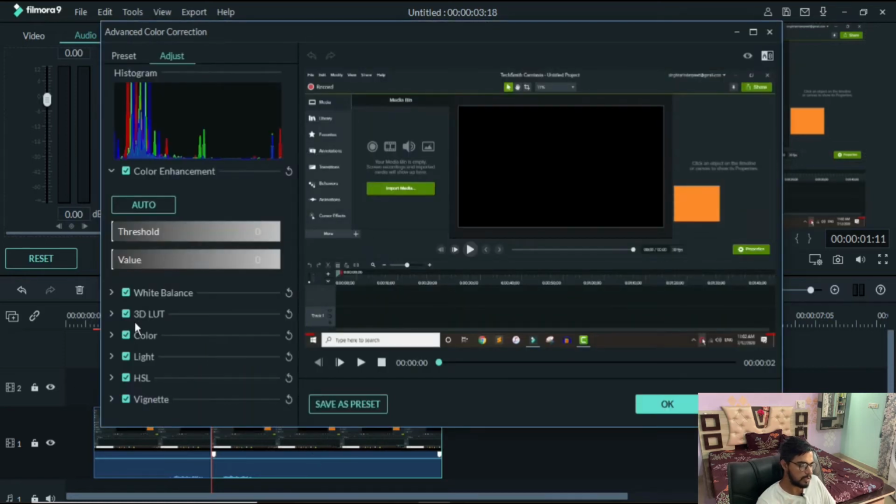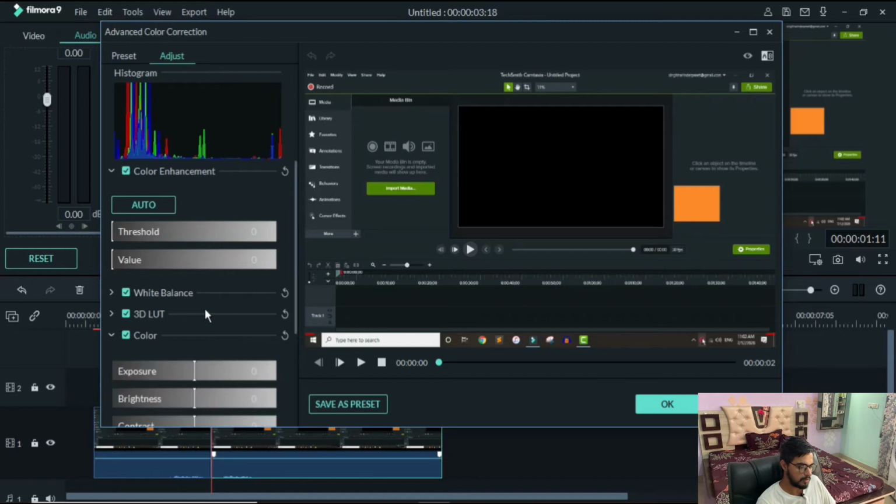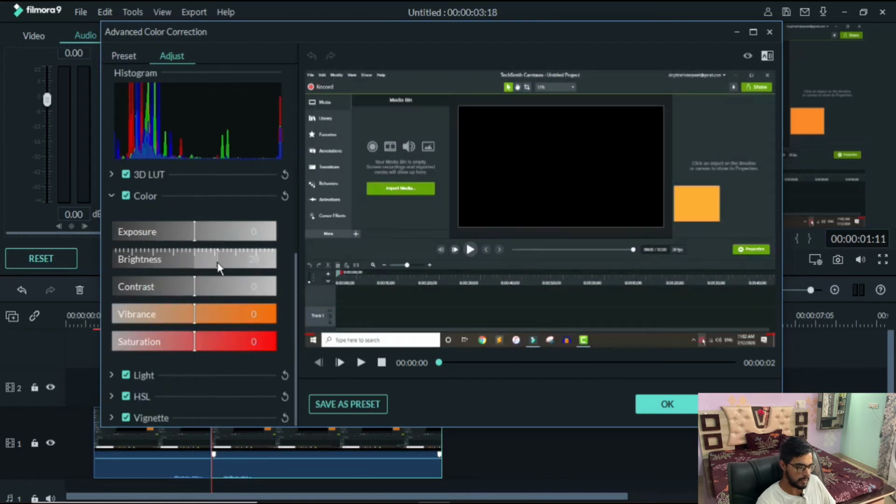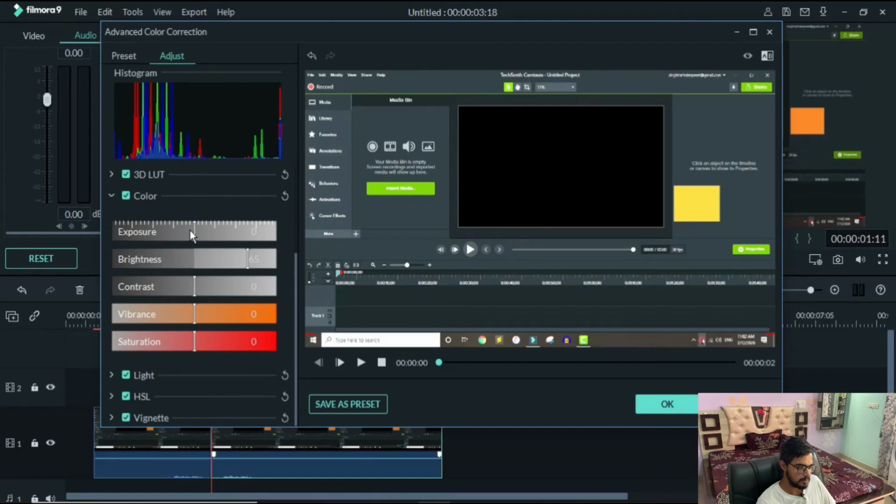Alright, so now here it is. As you can see, there are a lot of controls available. You can adjust brightness,